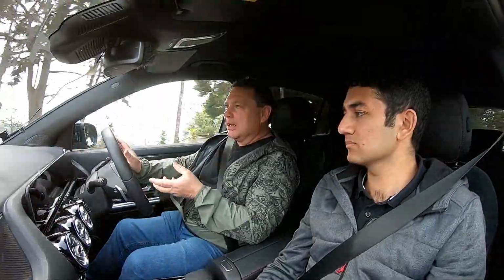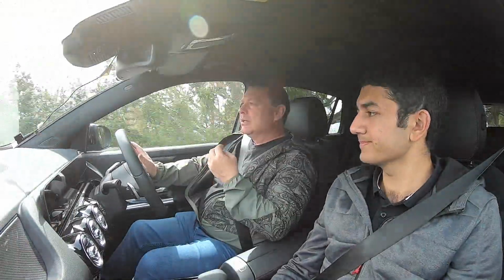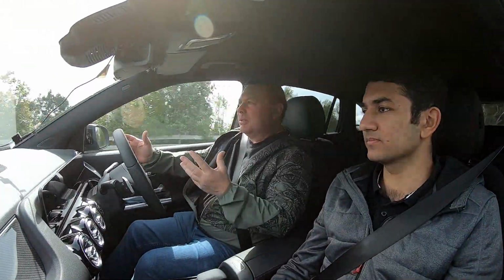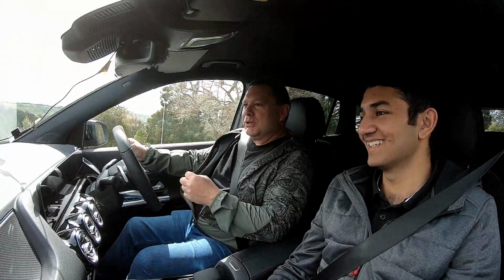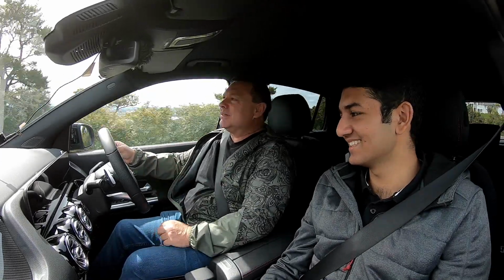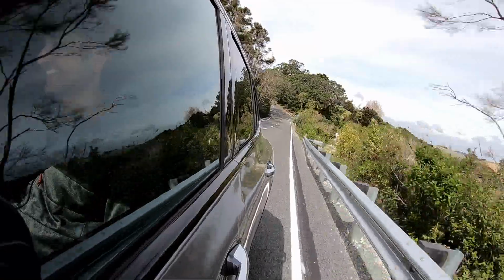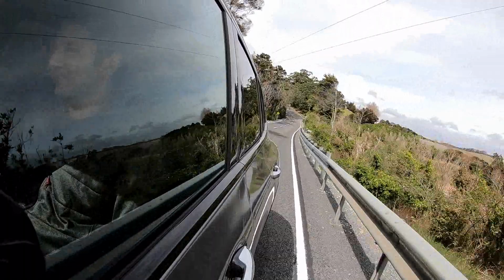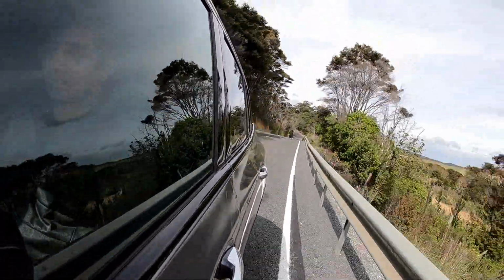Space-wise, as Matthew pointed out, the interior is just a bit of a mind blower. It is shorter, but there's more room inside. I mean, Doctor Who and his TARDIS would be just reveling in this, going, well, that's how you do it, it's simple. But there is more leg room, there's more space in the cabin, and again, it's a great thing for a small family to have, with bickering children in the back